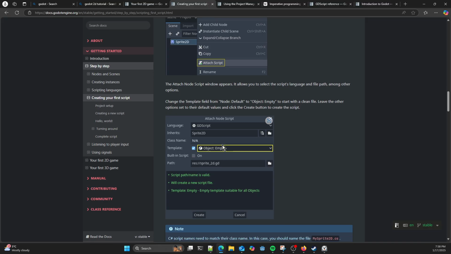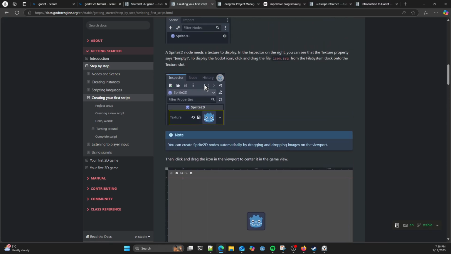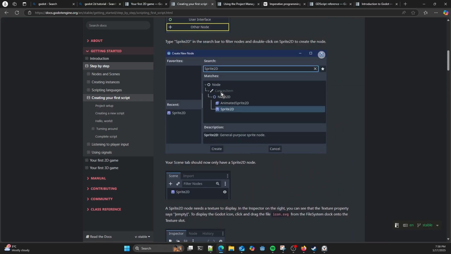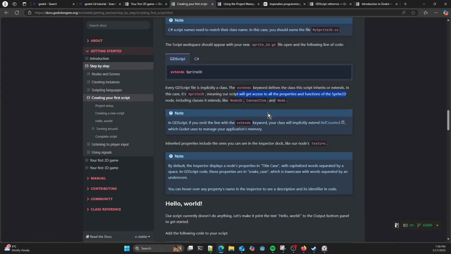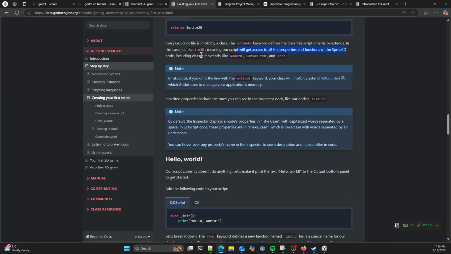It's in the CanvasItem. So Sprite2D extends, or inherits from, Node2D, which extends or inherits from CanvasItem, which extends or inherits from the base Node. So there we go, we get access to all that. And don't omit that line, otherwise you're going to have problems.